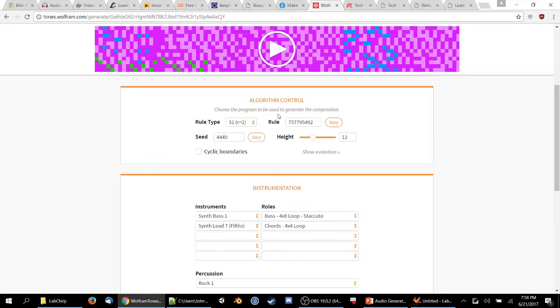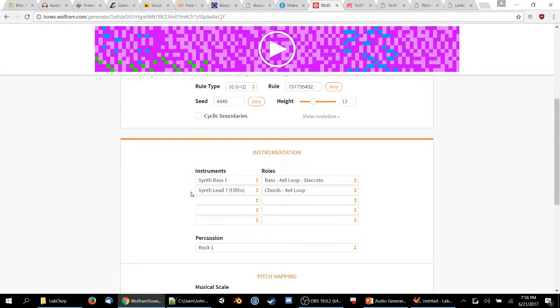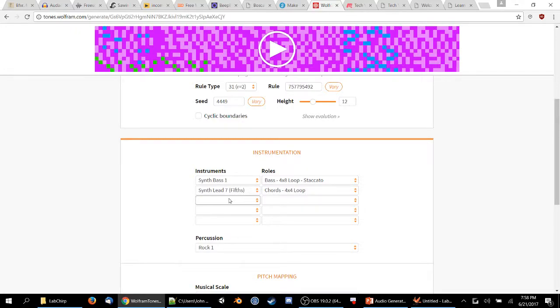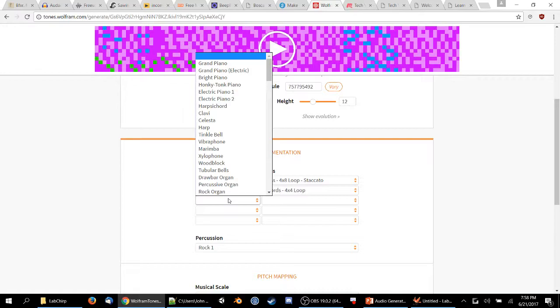And we've got all this. You can choose a program that will create it. You also pick instruments. What are the instruments?